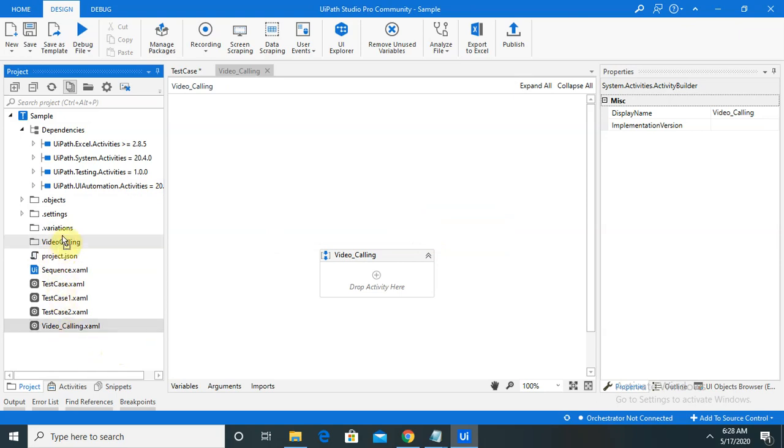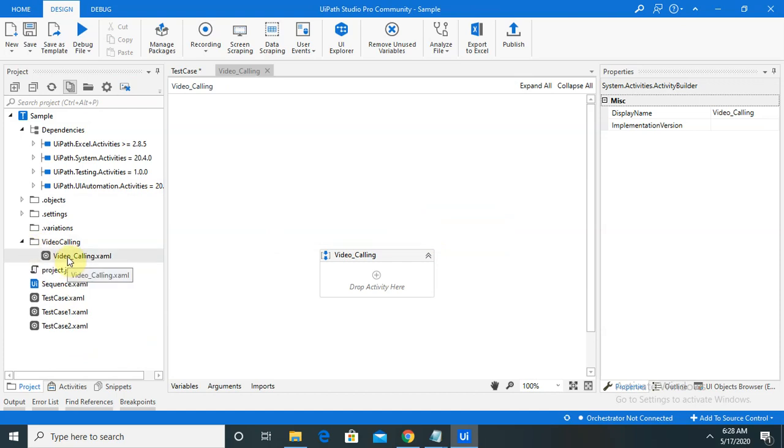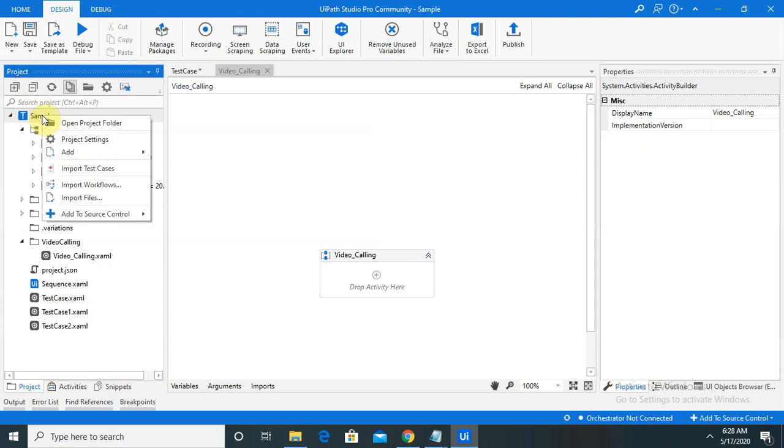Now if you want to move your cases here, they will move inside that folder. At the time of running the cases, this type of organization is much easier to manage. You can add any number of folders according to your requirement.